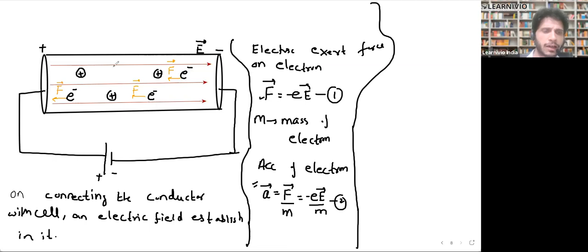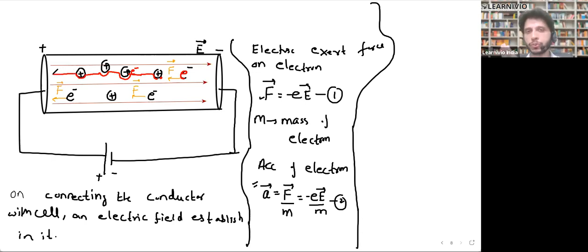They all will have the same acceleration. But in a conductor, you have various big ions, which are at rest. When these electrons try to move within the conductor, they collide with these ions very, very frequently. Like if this is an electron, I'm drawing it in red color. Force is acting over the electron. The electron tries to move, but it collides with the ion and comes to rest. Then again, the electric force will try to move this electron, but it will again collide with the ion. Then the electric force will again pull this electron, it moves for some time, but will again collide with the ion. So this is how an electron moves in a conductor when you apply an electric field.